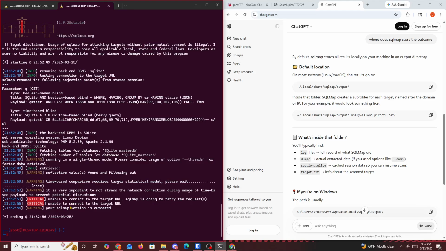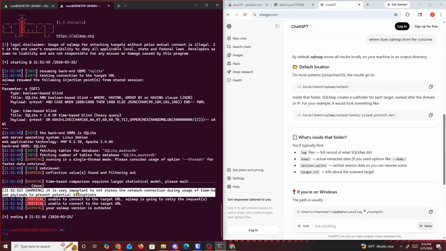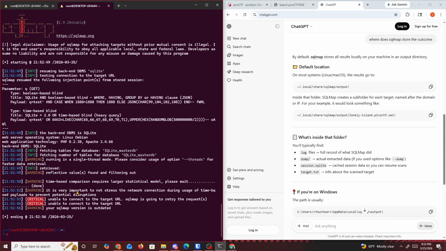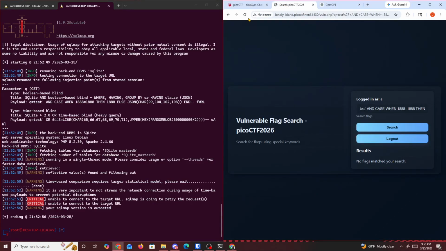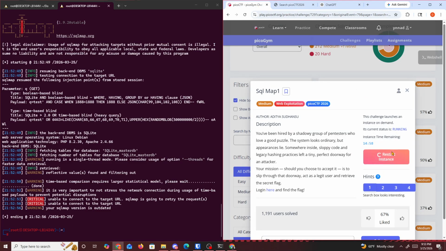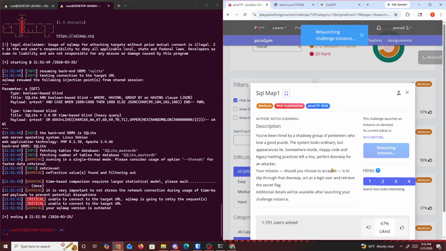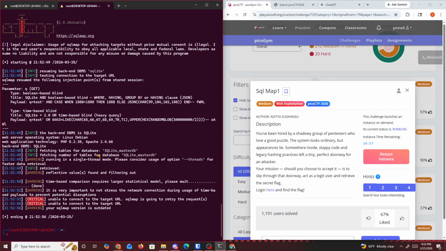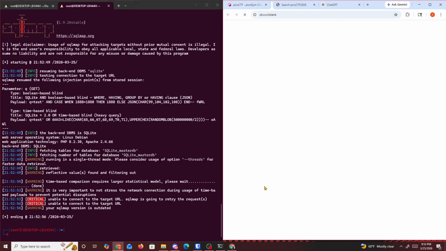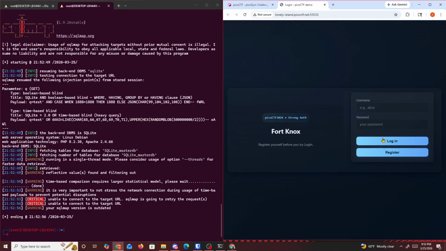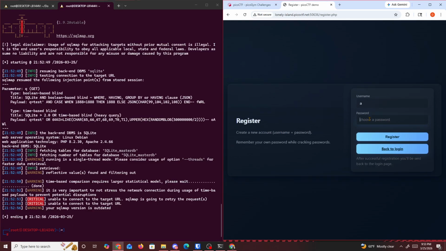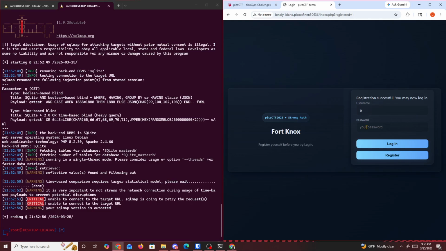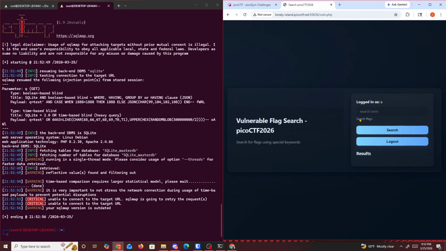Unable to connect to the target URL. Your SQL map version is out there. Oh, maybe because it's getting stopped by. What if we restart the instance? Restarting. Yeah, what if we just restart it and then we just go back right here and then we just register and then we do A and then register and then A and log in, and then from right here we just do